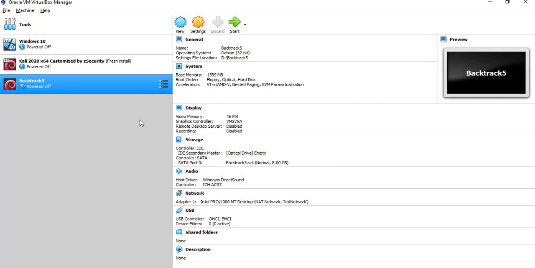Before going forward, as you know, I have already shown you how to install VirtualBox on your Windows. I am using Windows 10 64-bit, so I have shown earlier how to download VirtualBox and how to install it on your Windows operating system. And as you can see, VirtualBox looks like this. Before installing Kali Linux on VirtualBox, we have to create a virtual machine,